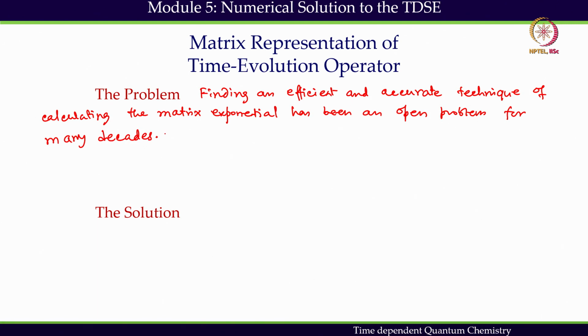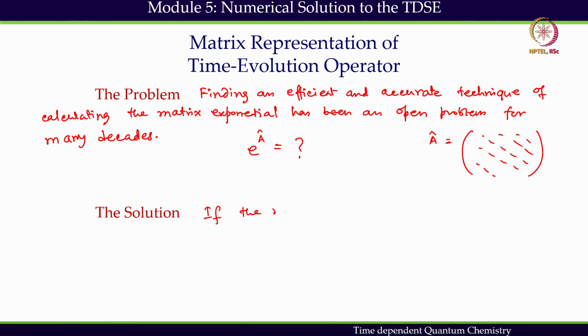What do I mean? It is not an easy task to find out if A is a matrix and A operator is represented by a matrix, let us say, then the exponential of that matrix is not an easy task to find out. But there is a quick solution. The method of getting the exponential of a matrix is heavily simplified if